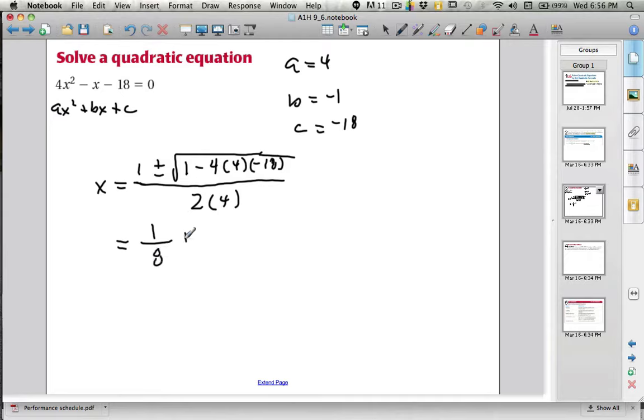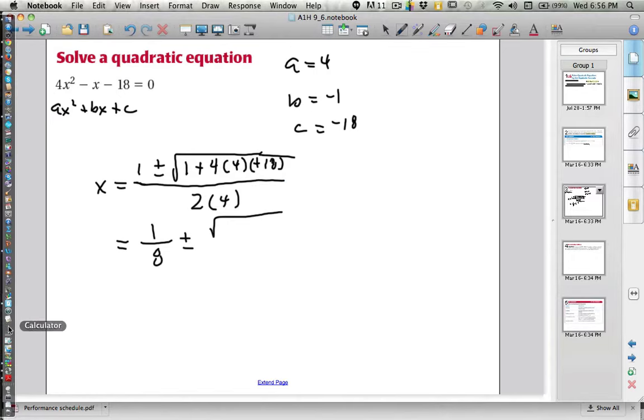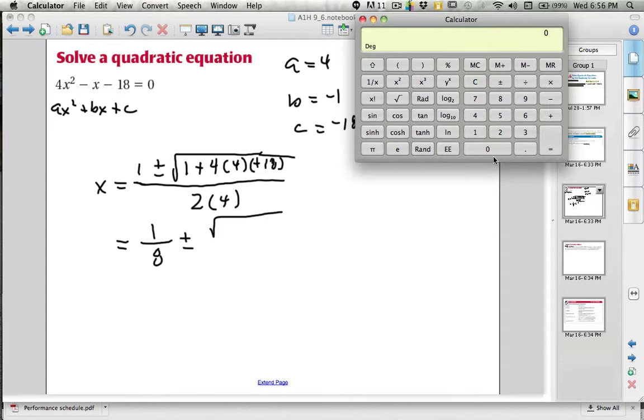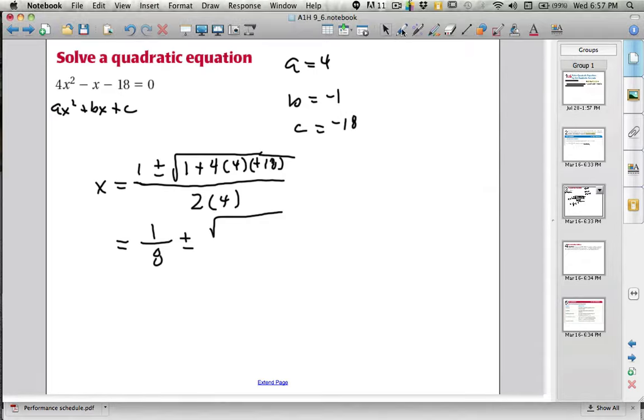So this is going to be 1 over 8 plus or minus the square root of 1 minus 4 times -18. So the nice part is it's minus a minus. That's going to become plus. And this will be 1 plus 16 times 18. So I'm going to go ahead and pull this out. 16 times 18 plus 1 is 289. So it's going to be root